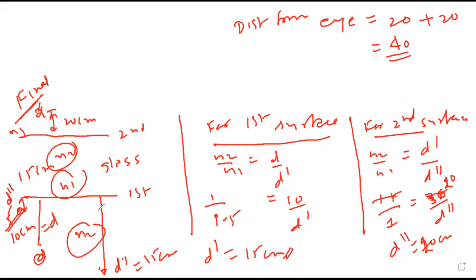Yes. For first surface we got what is apparent, then that will behave as object for second, but all the distances are measured from the surface है. अगर first surface का ले रहे हैं आप refractive index, मतलब refraction, then from here d and d dash. second लिया तो इधर से d dash and d double dash. Rightful.